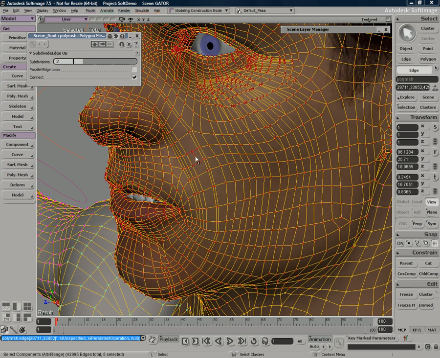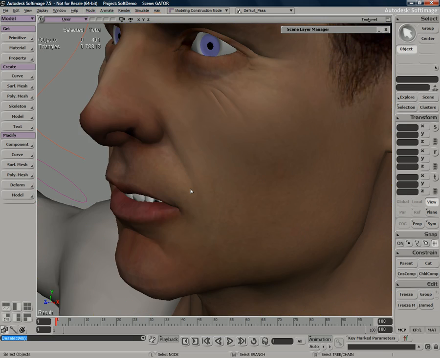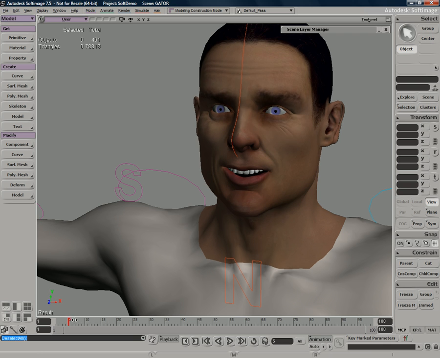What that'll do is add one edge in between those two loops, but it gives me the option of parallel edge loop. That'll allow me to extend the selection over the entire range until it either hits a star junction or an area where it can't continue, or runs back into itself like it did here. Now I can go and increase the number of subdivisions to anything I want. You can see there I've added 7. I've added a lot of detail to the face, but the textures are still perfectly intact. I didn't get any texture swimming, and all my shapes are still preserved as well.